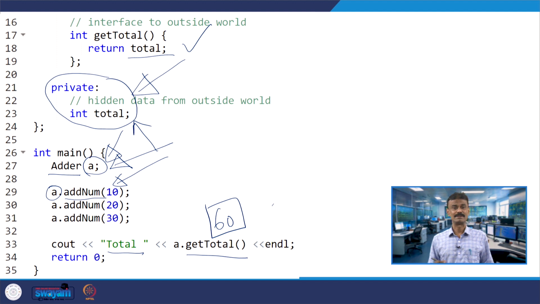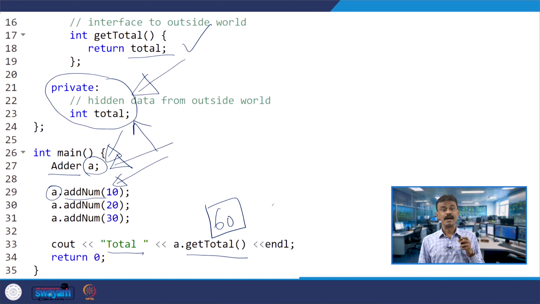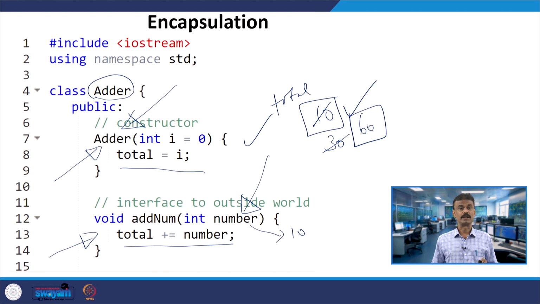This concept is called data hiding, even though we are using it again and again, three times. When you are creating an object, the total will be assigned 0, and then when it is calling add number of 10, total equals total plus number, we are accessing total.